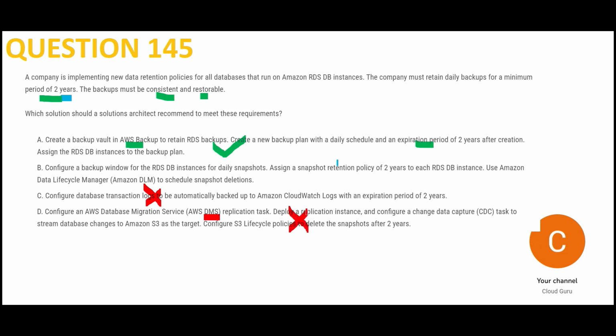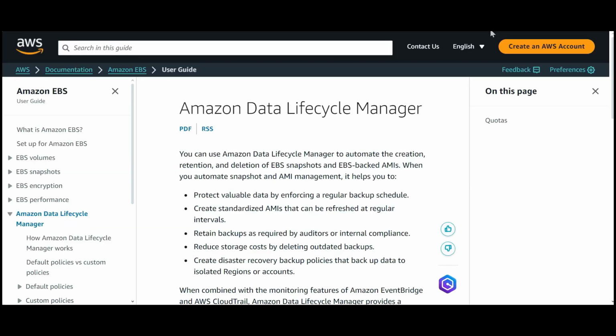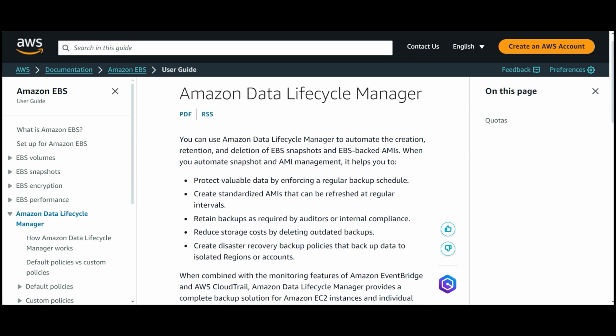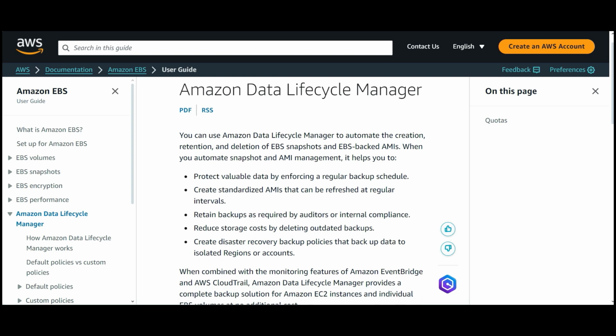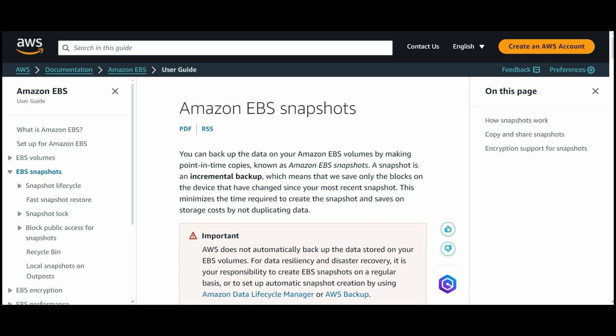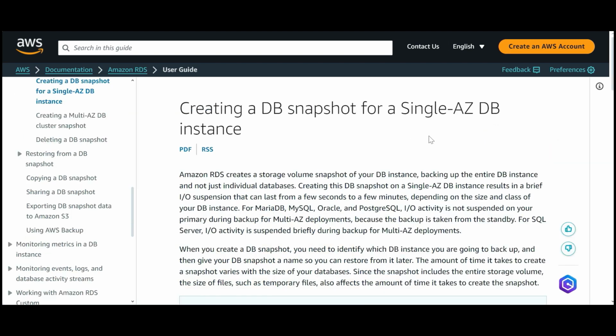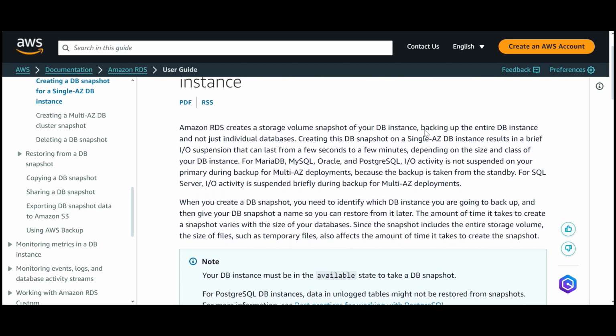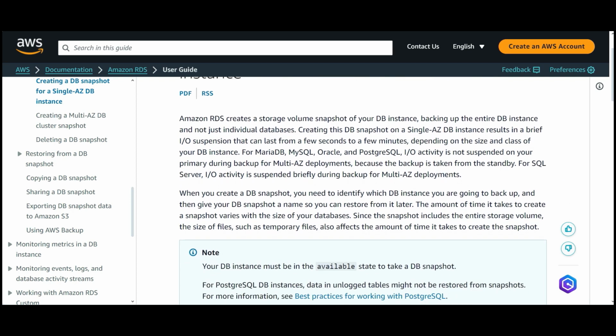And B is saying let's make use of snapshots, and make use of Data Lifecycle Manager to schedule snapshot deletion. So Lifecycle Manager works for snapshots, but here, see, if we have AWS Backup, then why will we take snapshots? For EBS volumes we take snapshots, but for a database there is no need to take a snapshot as a backup solution.